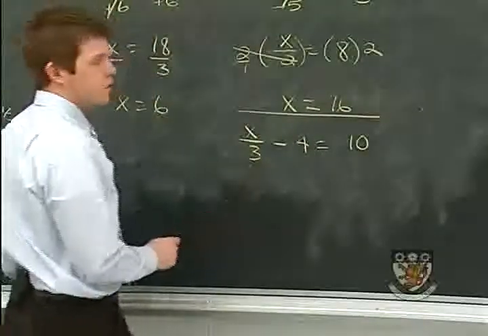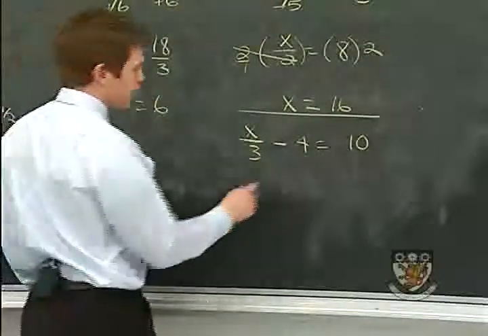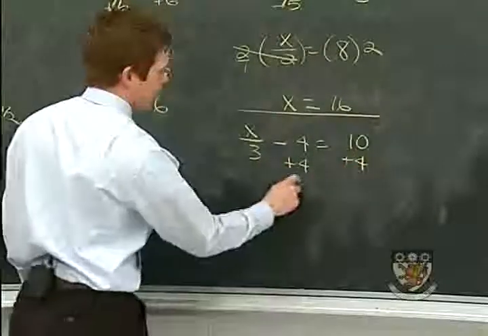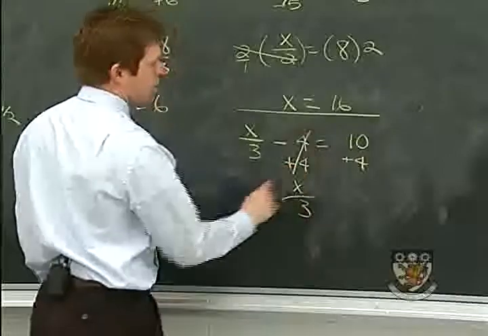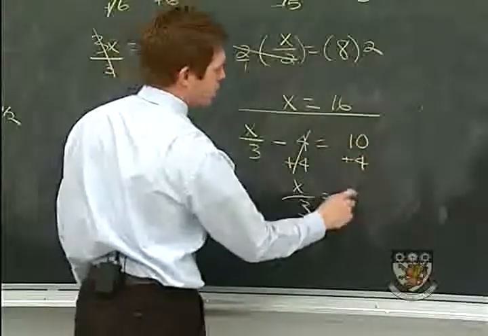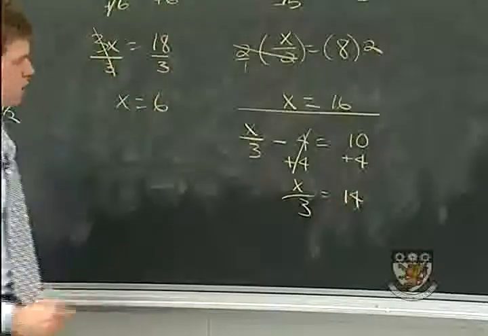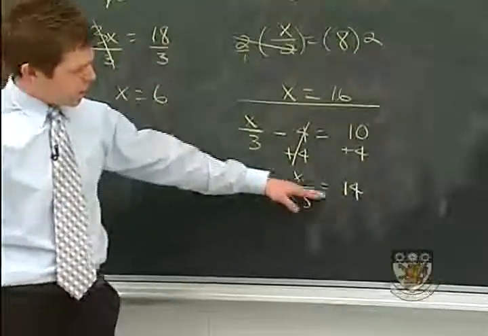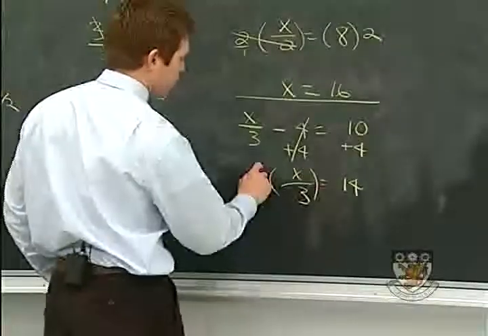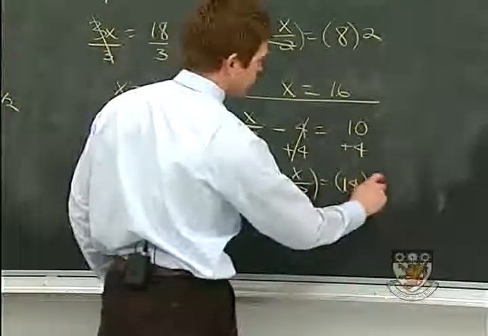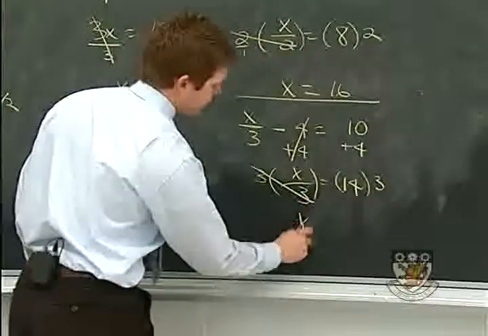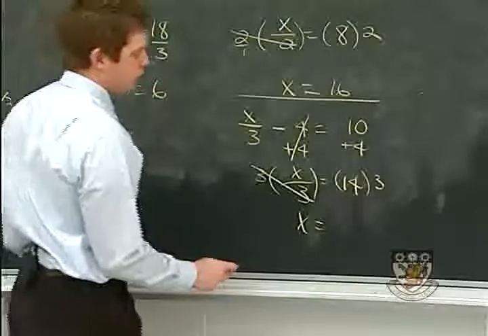First of all, the first thing I'm going to do is isolate x. I'm going to add 4 to both sides. X divided by 3, these zero out. 10 plus 4 is 14. There is a number, when I divide it by 3, it equals 14. To find that number, I multiply both sides by 3 over 1, or just 3. These two cancel out. And 14 times 3